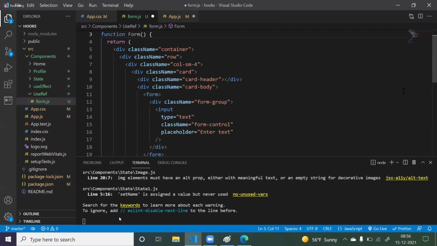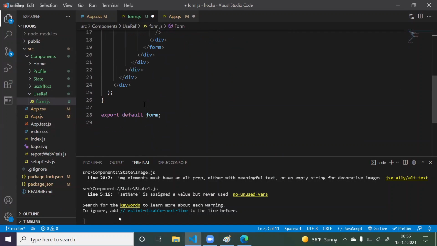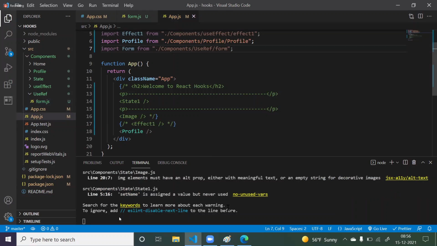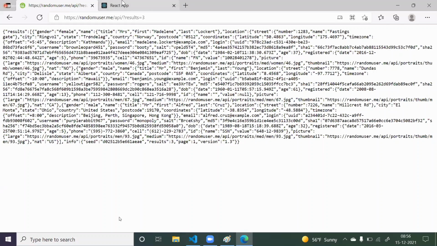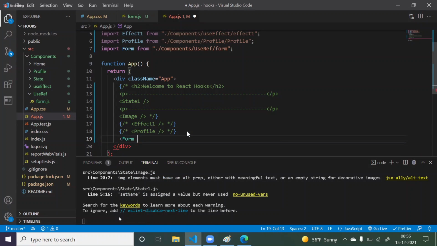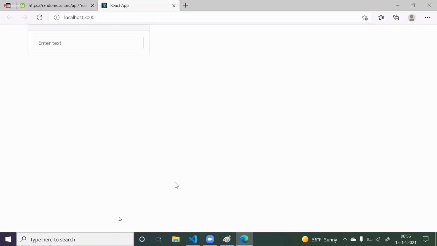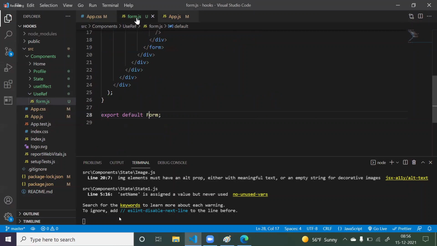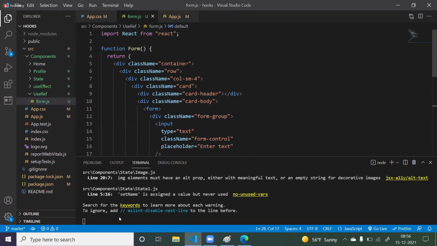Let me make changes here as well. Save it. Now I'm commenting this profile and keeping Form here. Save it. Now we got some form here. Add mt-5 here, something like mt-5.